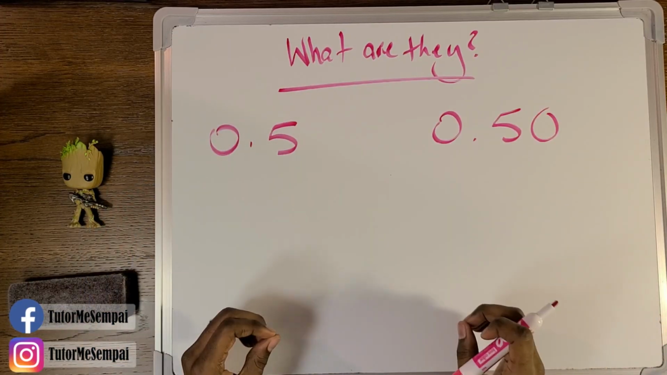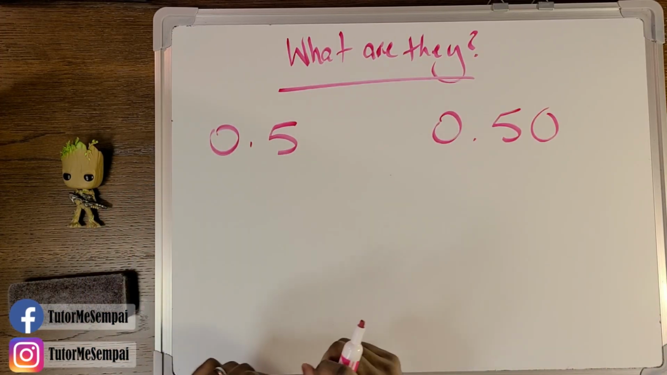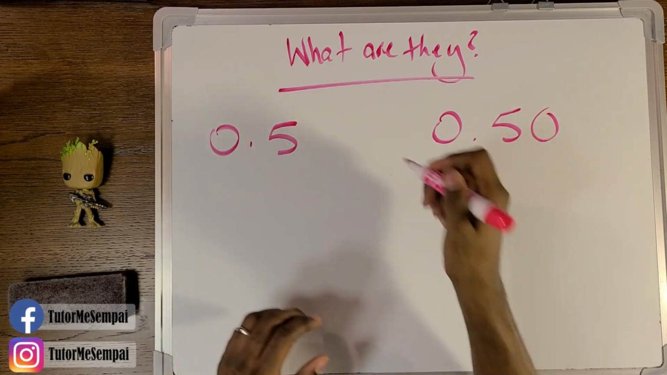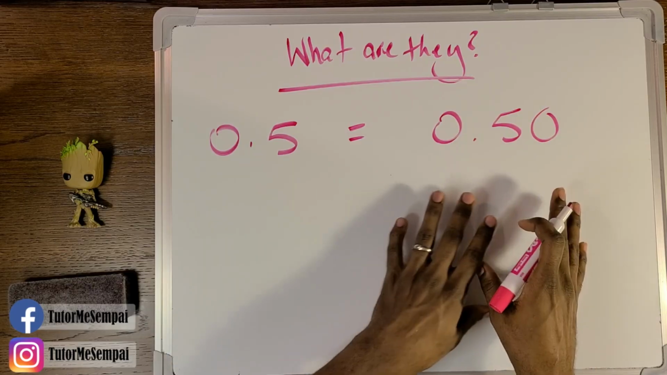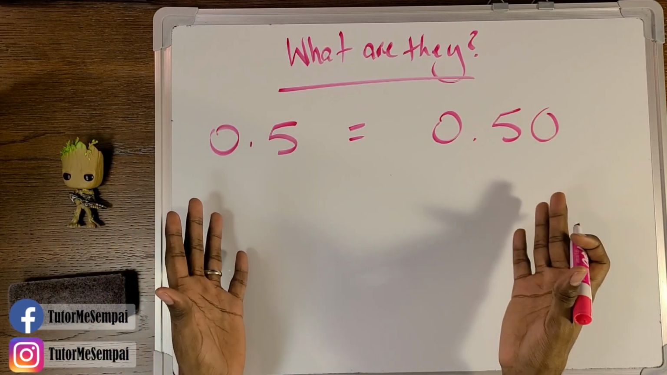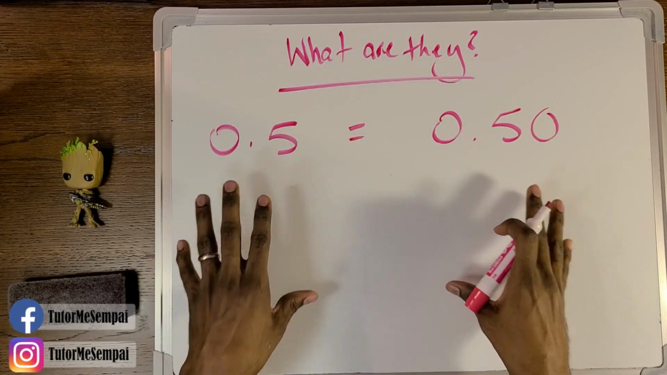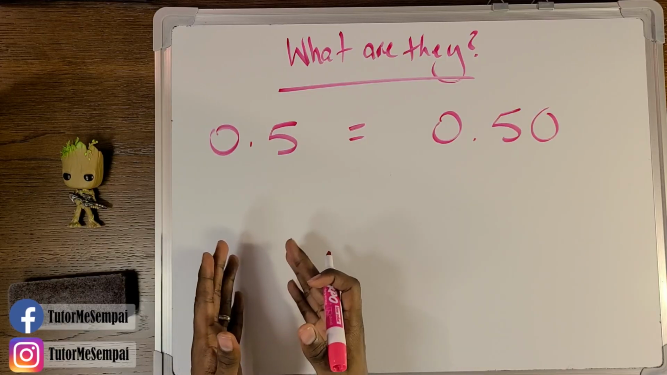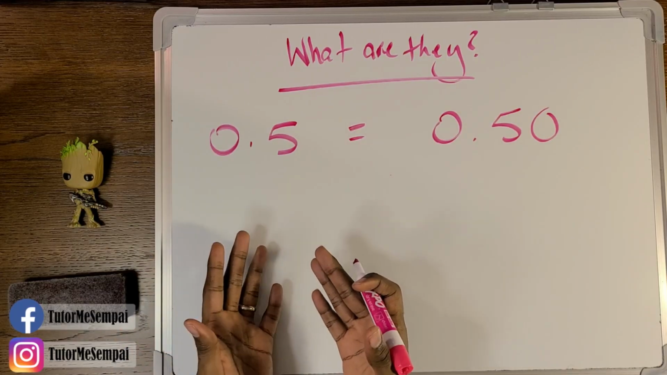Let's take a look at these two numbers here. Here we have 5/10ths and here we have 50/100ths. Now, these two numbers are in fact equal. Although they look different, they are in fact equal. And that's because these two decimal numbers are equivalent decimals. Now, all you need to do in order to get an equivalent decimal is either add a trailing zero or